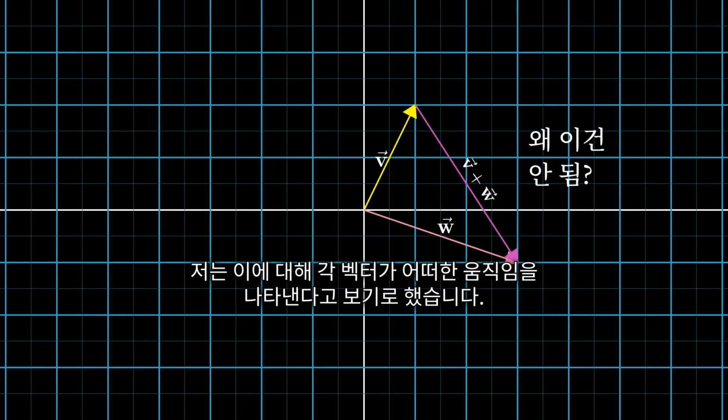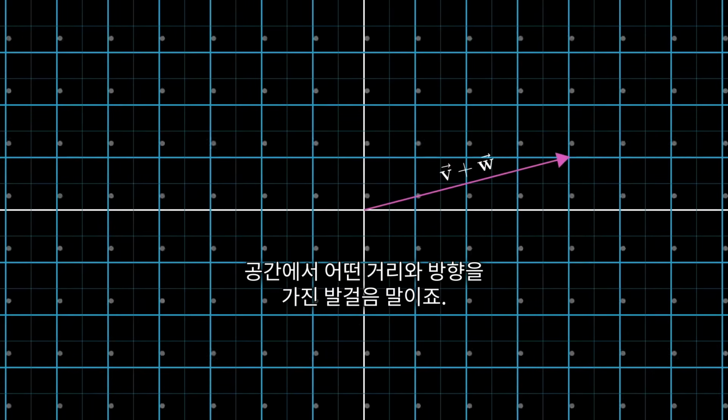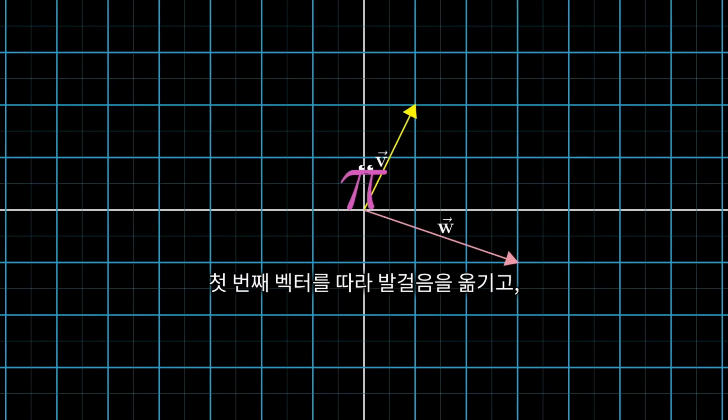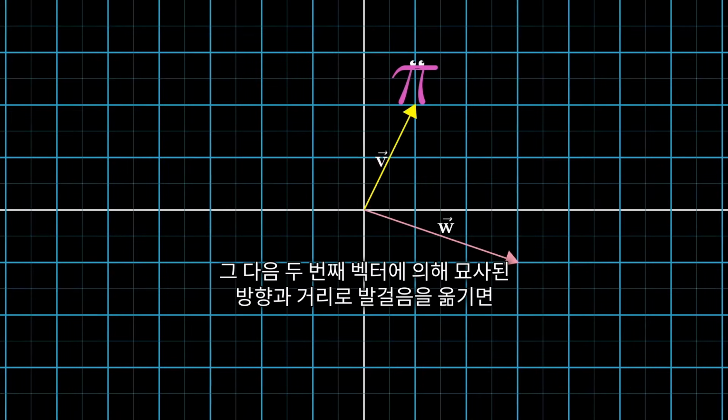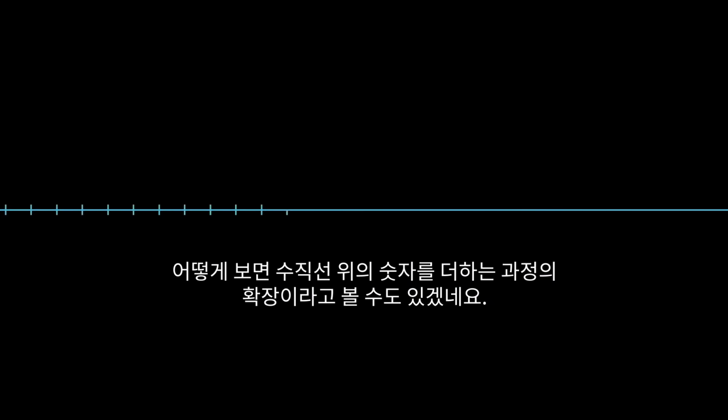Well, the way I like to think about it is that each vector represents a certain movement, a step with a certain distance and direction in space. If you take a step along the first vector, then take a step in the direction and distance described by the second vector, the overall effect is just the same as if you moved along the sum of those two vectors to start with. You could think about this as an extension of how we think about adding numbers on